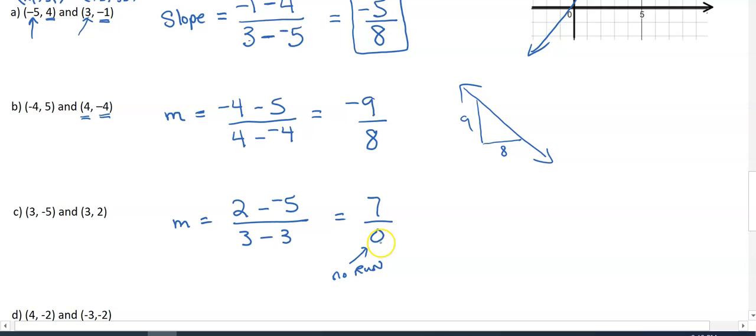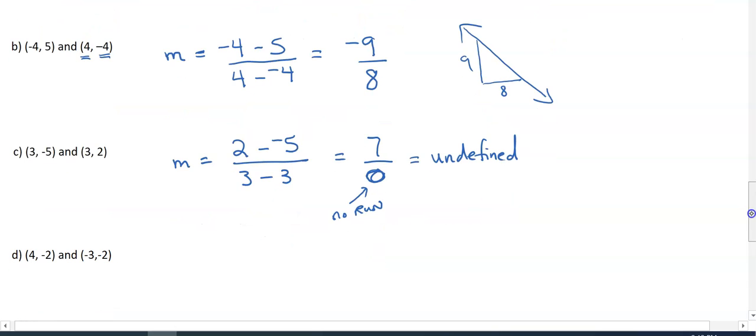What kind of a line has no run? Vertical lines have no run. Also, we know in mathematics that when you divide by 0, it's an undefined operation, so it is not possible. Whenever you get 0 in the denominator, we say it's an undefined operation or undefined slope. That's why vertical lines have undefined slope, because you end up with 0 in a denominator, which is not a